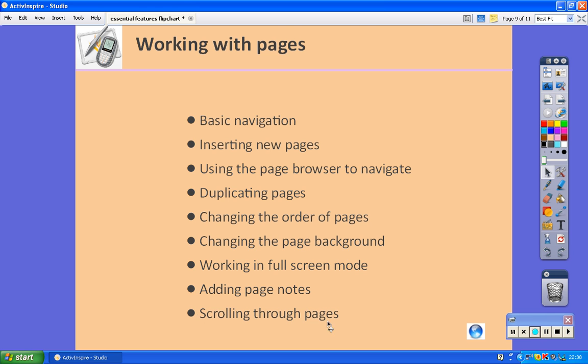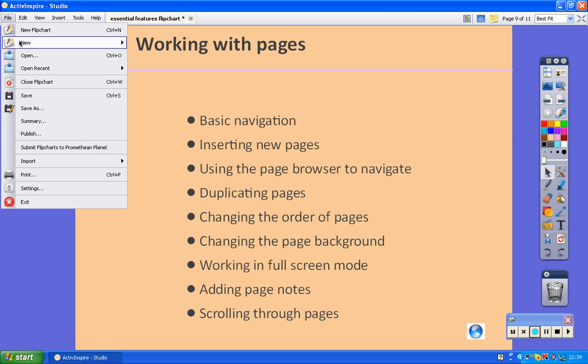The last thing we want to look at, slightly more complicated perhaps, is how you can set up a page so that you can scroll from top to bottom or left to right, so it gives you a much greater working area, a little bit like the old chalkboards that you used to be able to roll. Now, to do this, you'd have to set this up when you set up a new flip chart. So to do that, we go to File, and we go down to New, and the option that we want is a new custom size flip chart,